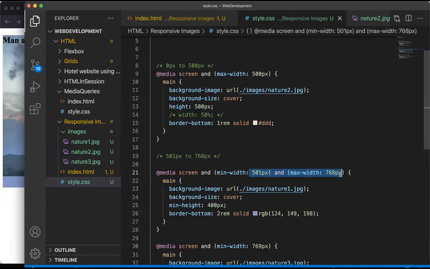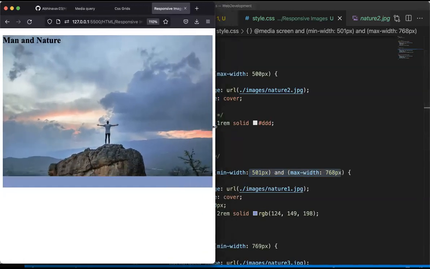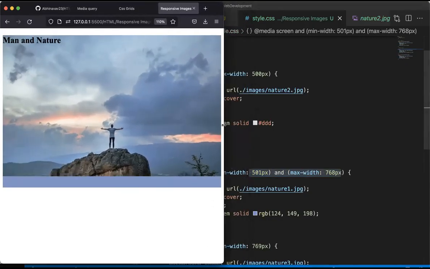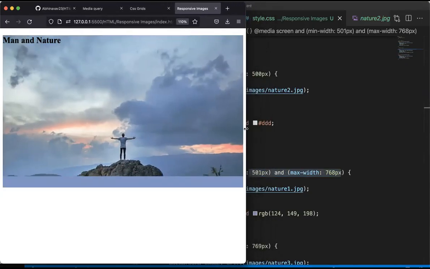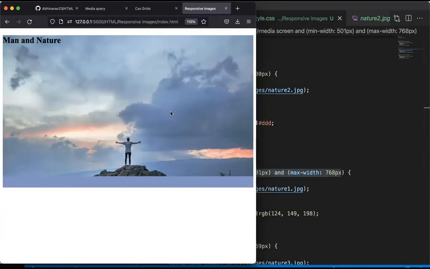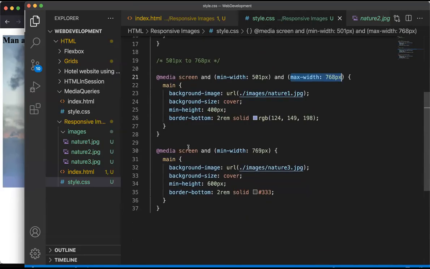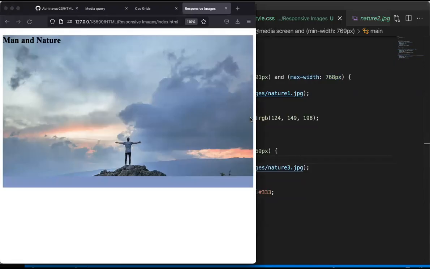Am I increasing the width here or not? I'm increasing the width, right? So I am trying to go for a minimum height this time so that my image looks good, correct? So see, this is looking good up till this point. It's not covering any information. But as soon as it touches this width, 768 pixels, I'm again changing the image to this image,